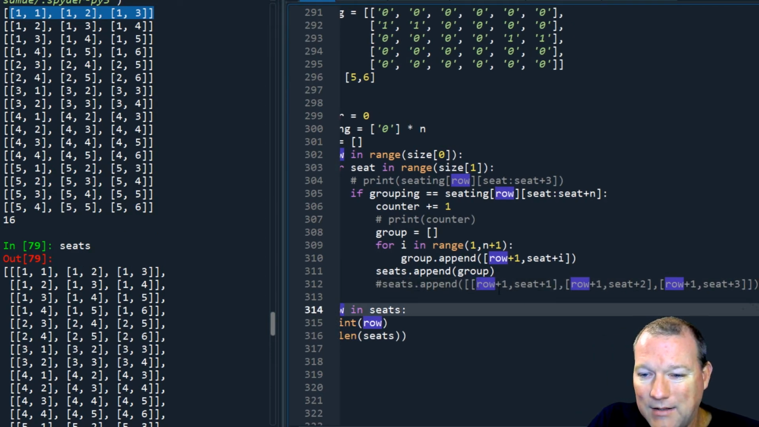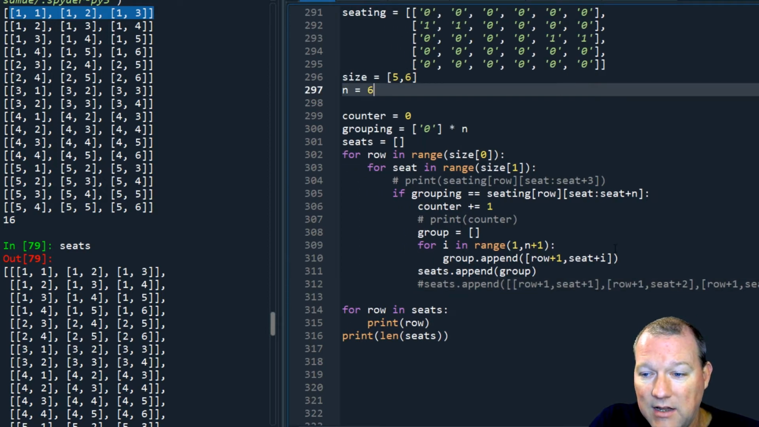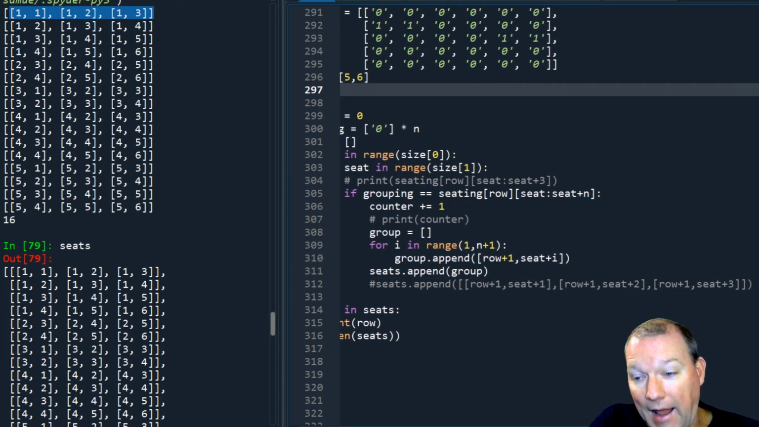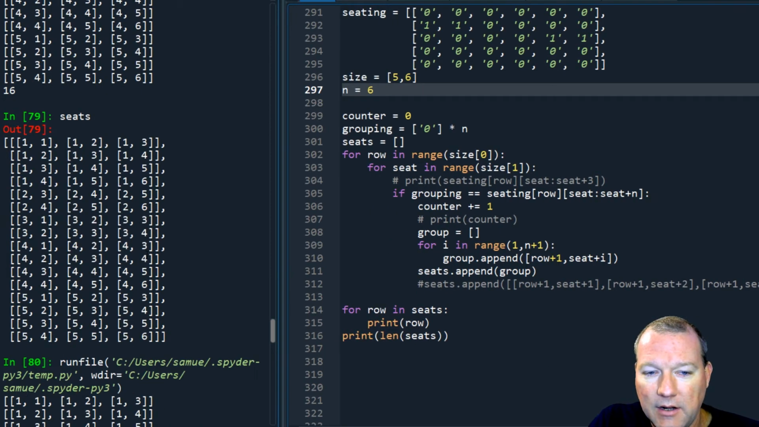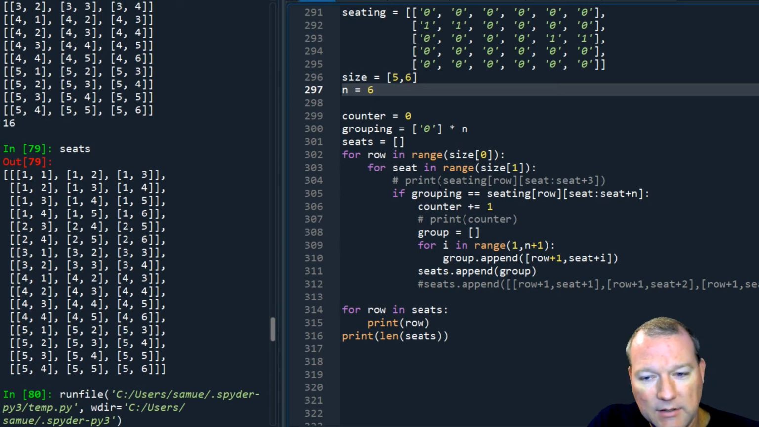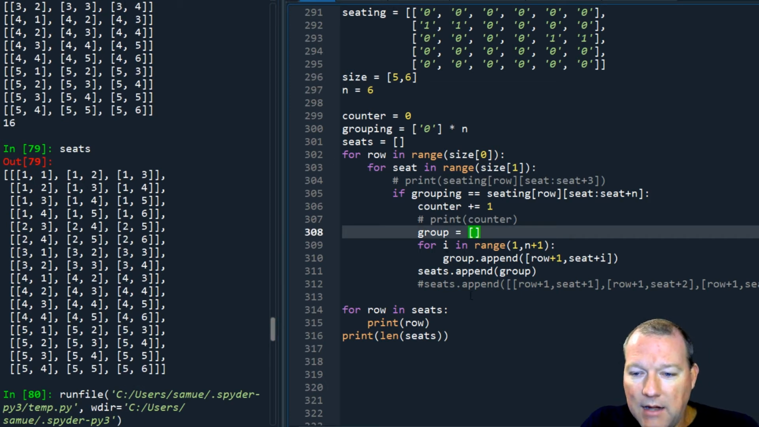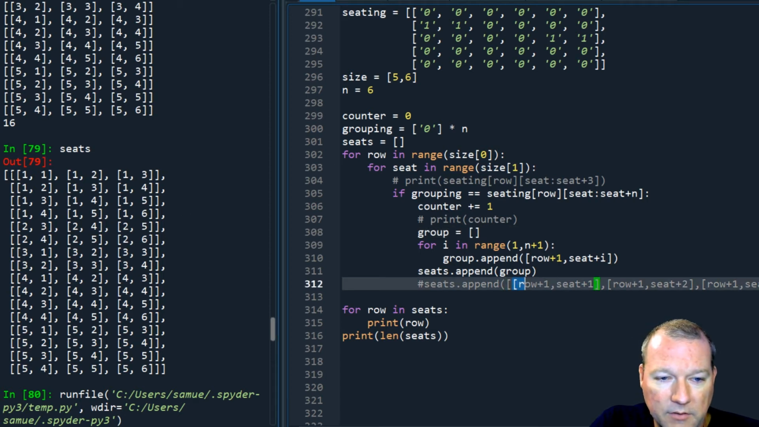But this was static. 1, 2, 3 seats. So if we were to change this, we would have to come down here and add seat 4, 5, and 6. Well, that's not very algorithmic. So what I did is I made then a group of, if we look really close, from there to there,